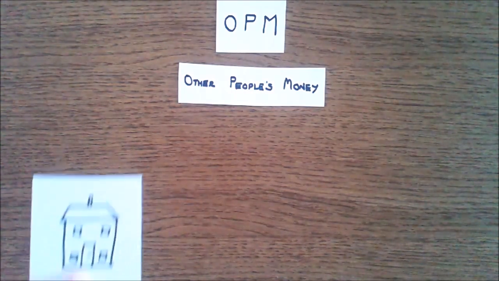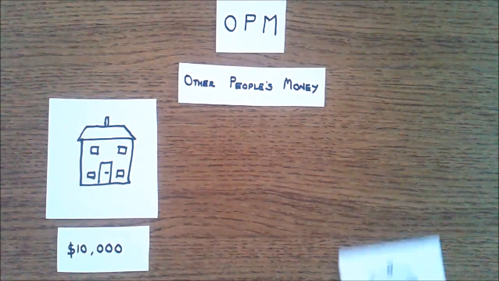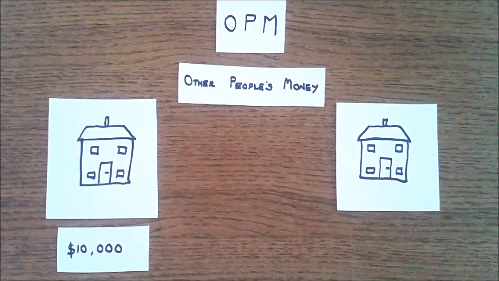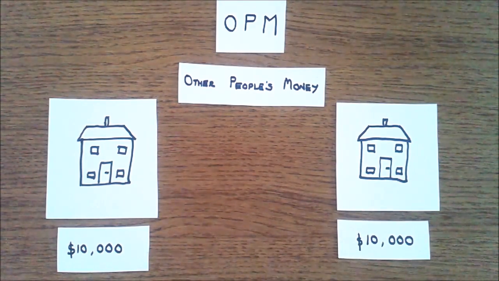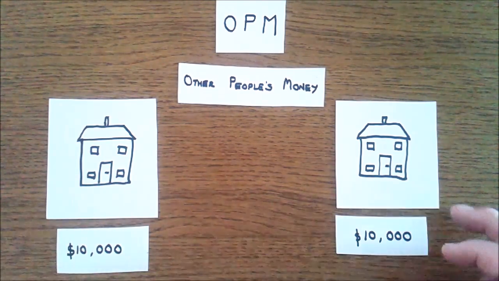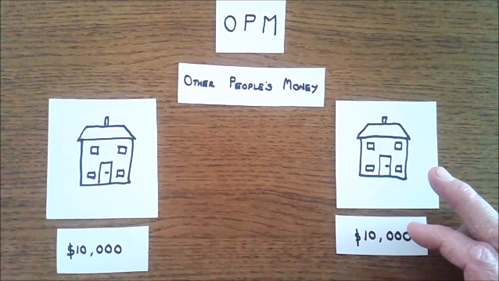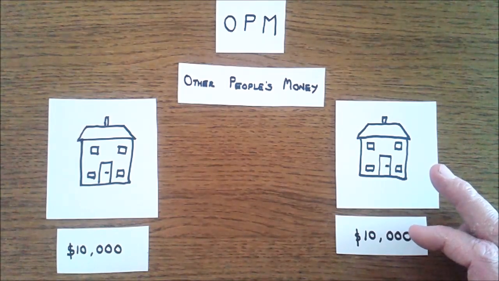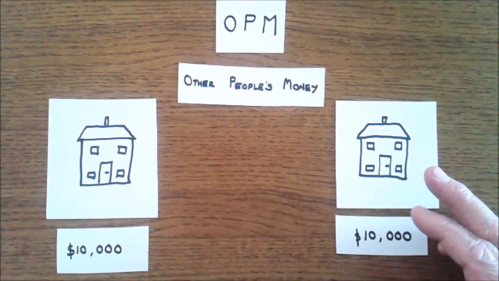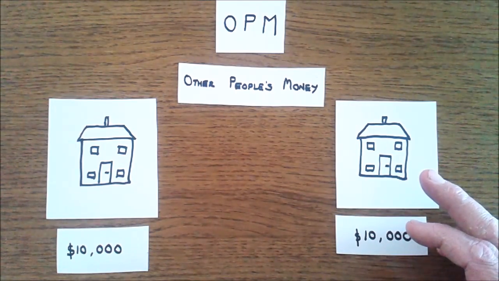So if you've bought your house for $10,000 down, what's to stop you buying another house for another $10,000 down? Well, theoretically nothing. You've just got to convince your bank that you can pay the mortgage payments. Most people that are in this situation tend to live in one house and rent the other one out. And on the second property, using other people's money again, the banks again, you can just convince them that you can cover any mortgage payment and expenses by what you charge your tenants.